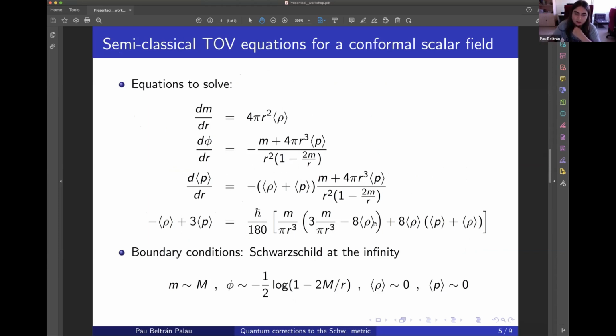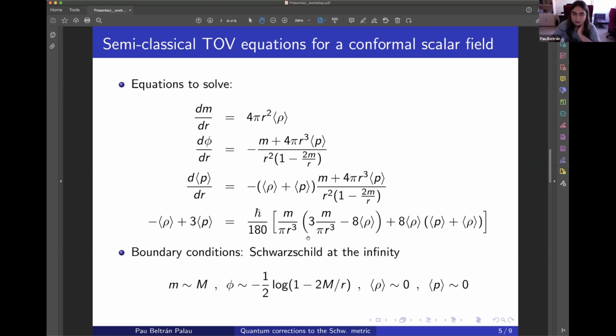And this final equation here is the equation of state, where, on the right-hand side, one can see the simplified trace anomaly, which has been simplified using the top equations, in order to have it all in terms of the functions and not the derivatives. So this is our system, and the boundary conditions we assume for this problem are that at infinity,